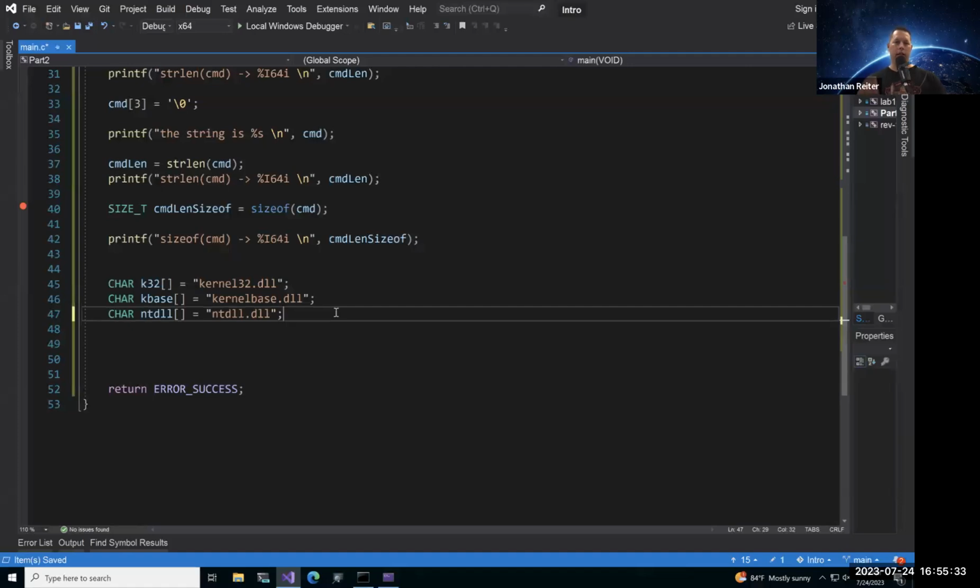This is the only DLL that will be present in every single Windows process, because this is where the Windows system loader is implemented. So when you double click an executable and it gets mapped into memory, that mapping and all that stuff is happening by ntdll. Other dependencies will be loaded by ntdll, and some of those will be kernel32 and kernelbase.